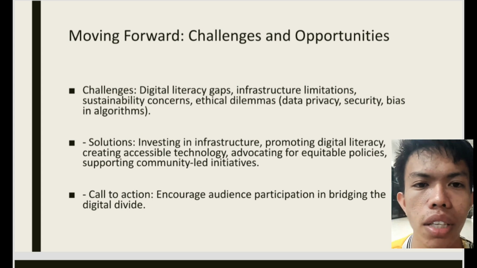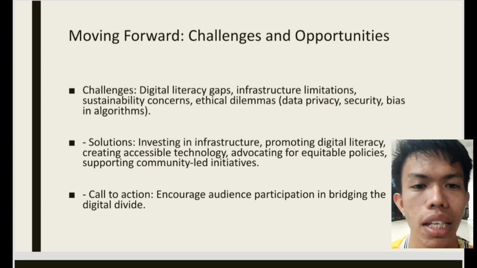So, organizations and governments have a responsibility to ensure that technological advancement benefits all members of society, not just a privileged few. This requires proactive measures to mitigate bias, promote inclusivity, and ensure that technology serves as a tool for empowerment rather than marginalization. Open discussions and public engagement are crucial to shaping a more ethical and equitable digital future.